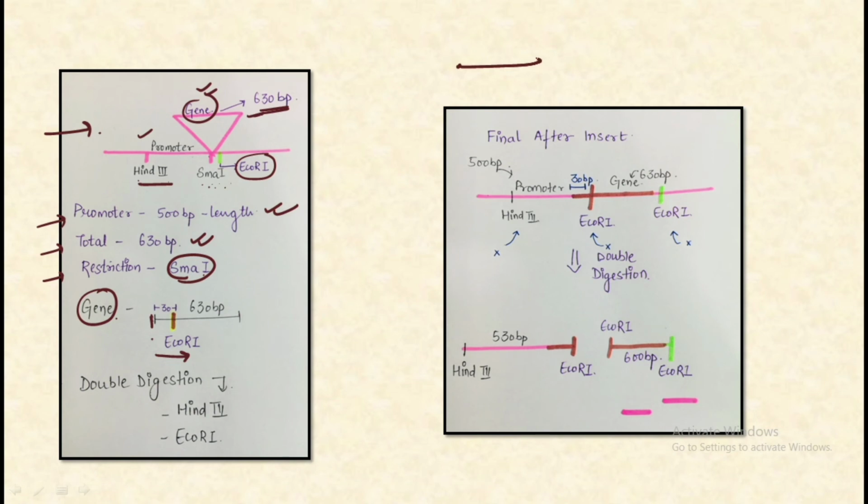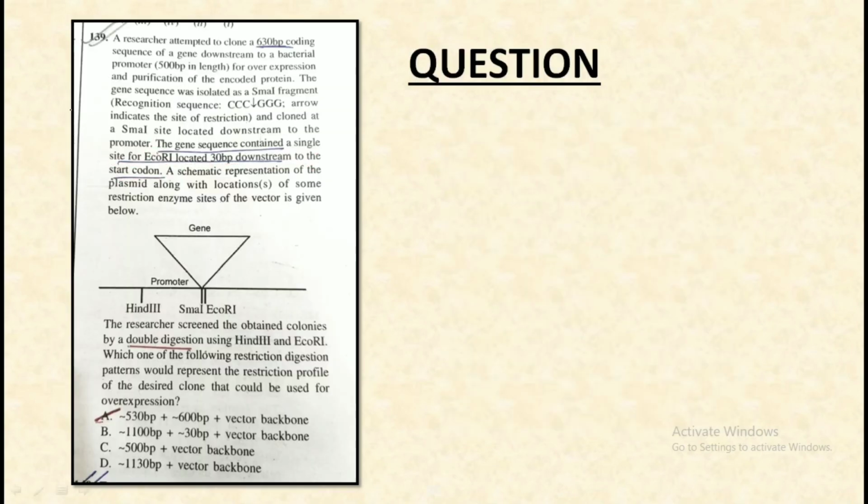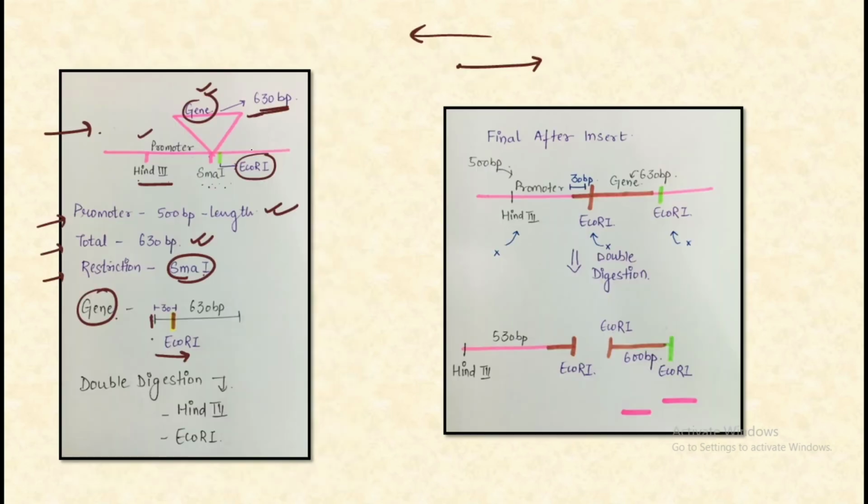One is the downstream and the other one is the upstream. So when it is talking about the downstream, we need to go towards the right of the start codon, and if it had said upstream, we would go towards the left of the start codon. And as this question talks about the downstream area, we would be going towards the right of